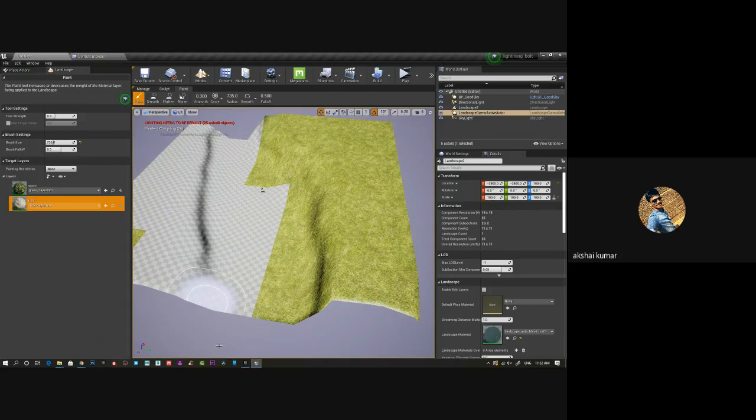Sir, I have one doubt, sir. Yes, tell me. Where did you take this texture from? Megascan. You said we can't directly put it in this one. Then what do we need to do? No, textures you can use, but you have to create a landscape material. Okay, textures you can export directly from Megascan?